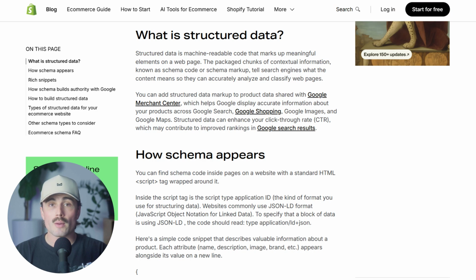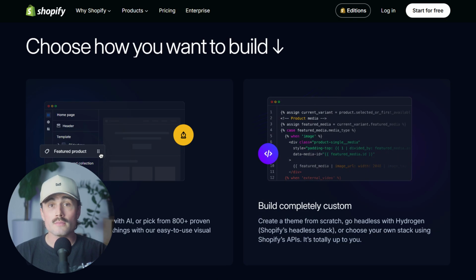Schema basics for Shopify. Schema markup is a type of structured data that provides additional information to search engines about the content on your page. When implemented correctly, it can enhance search listings with rich snippets like star ratings, price ranges, or availability. Shopify's free themes usually include basic product schema. However, if you're using a custom theme or you just want more control, you may need to add schema manually